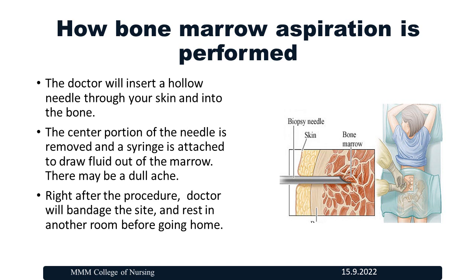How is bone marrow aspiration performed? The doctor will insert a hollow needle through the patient's skin into the bone. The central portion of the needle is removed and a syringe is attached to draw fluid out of the marrow. There may be a dull ache right after the